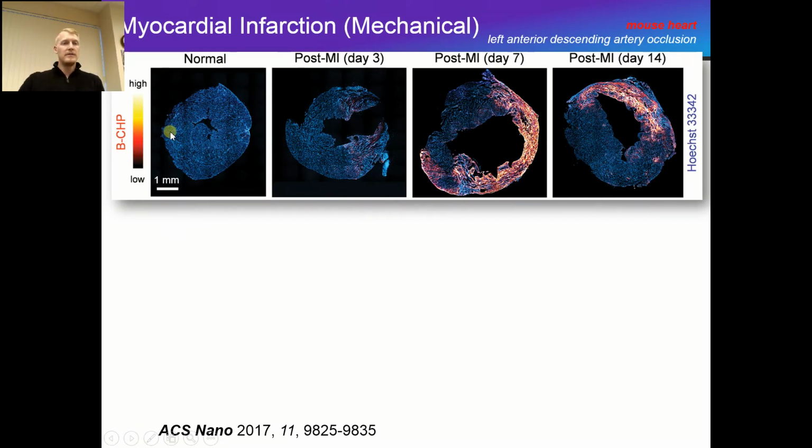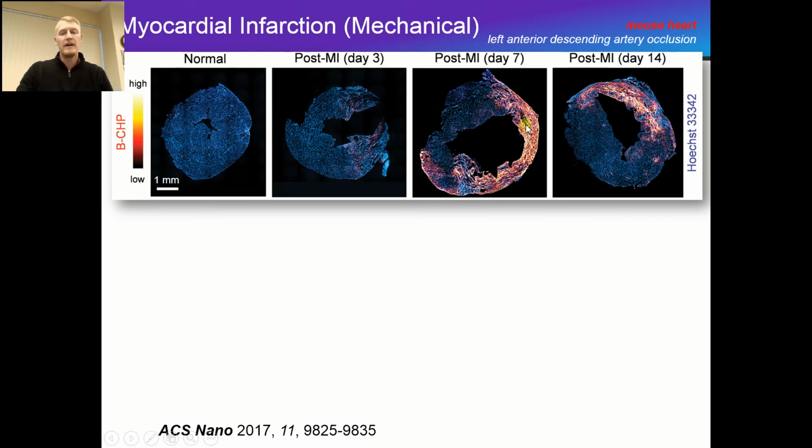So again, we used a biotin CHP molecule, and you can see in a normal mouse heart, there's no binding with CHPs. However, when we induce a myocardial infarction, or a heart attack, 3 days post and evaluated it all the way up to 14 days post heart attack, you start to see areas where there's CHP binding to collagen remodeling, with the highest amount of remodeling occurring 7 days after the